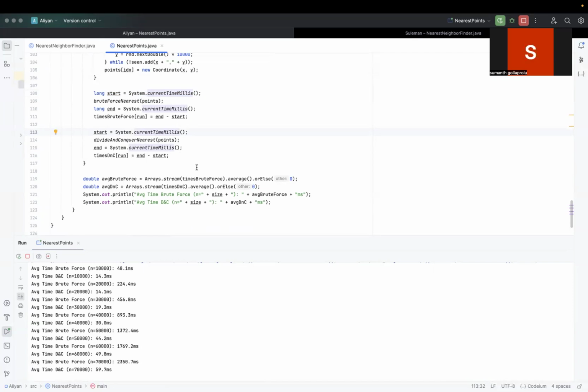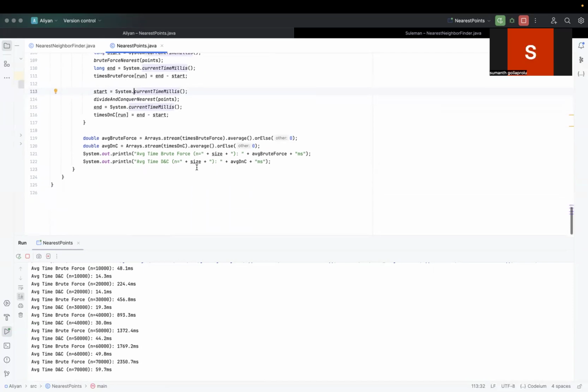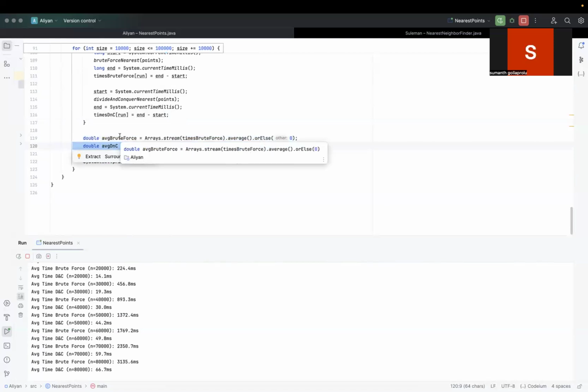So I have recorded this runtime into start and end variables, and this difference I have stored in the algorithm. The process is executed 10 times, and we only calculate the average value at the end. Now, going to the average calculations, let's go to the top and see how I structured my